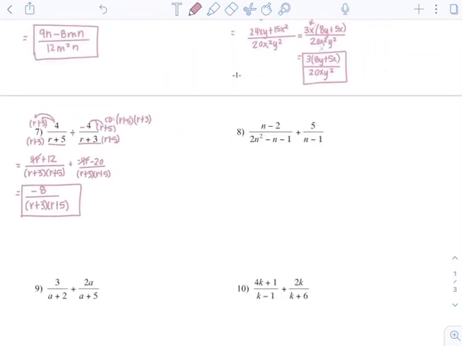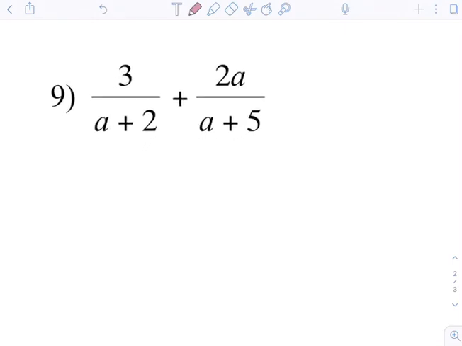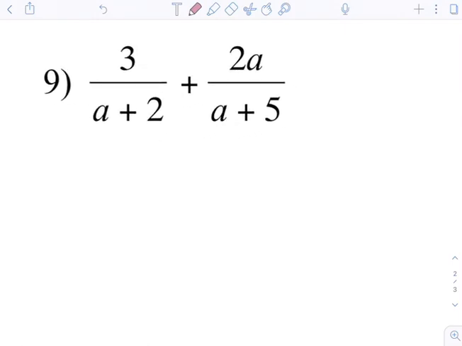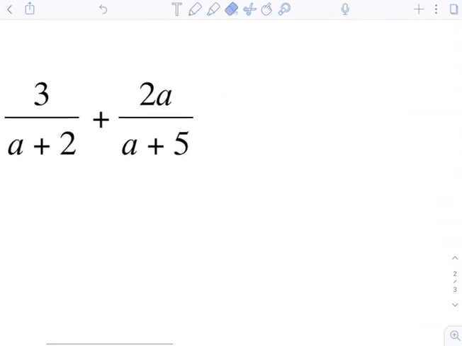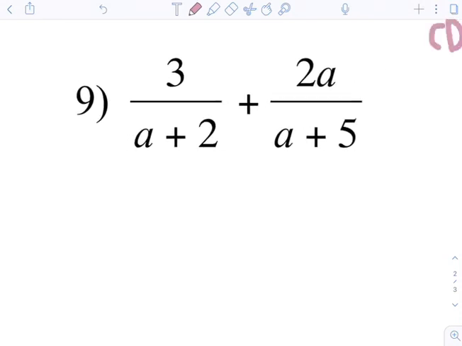Okay, I'm going to skip number 8 right now. I'm going to do 9 and 10 first and then go back to number 8. So number 9, just like number 7, so the common denominator is a plus 2, a plus 5. Okay, let me write that. A plus 2, a plus 5. So it's just the two binomials put together. So all you're going to do is multiply this first fraction by the other denominator. So I'm going to multiply by a plus 5,